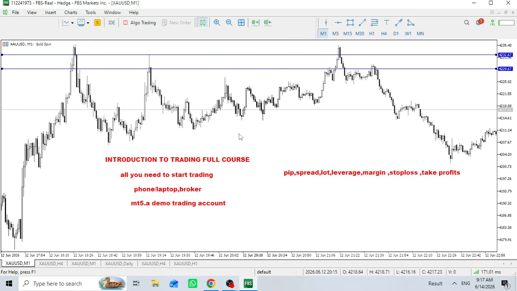Now, how to take profits? These stop losses are automatic. You can close your trades manually, but due to emotional fluctuation in trading, I prefer you just set your stop loss and take profit and go. This is for beginners: if your trade hits take profit, you are making money. If your trade hits stop loss, you have lost your money. Are you getting that? Nice.